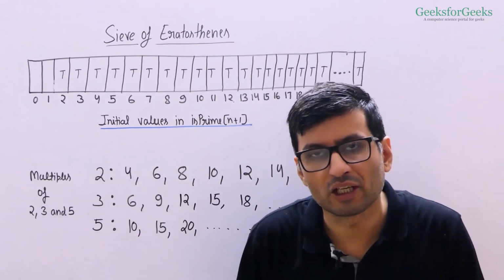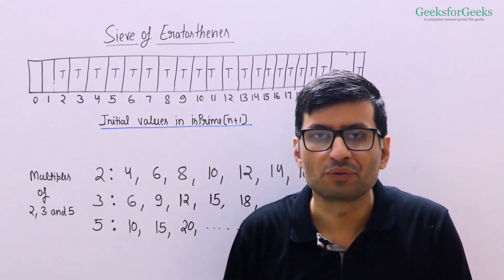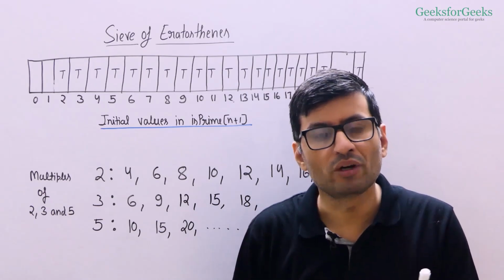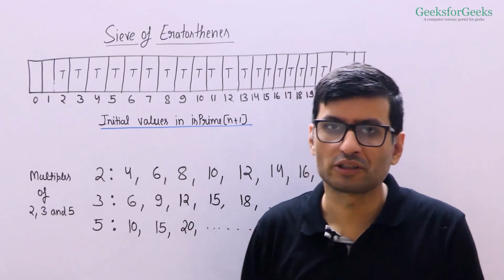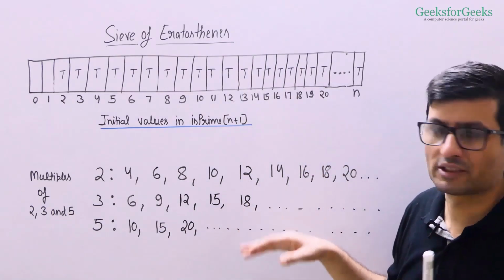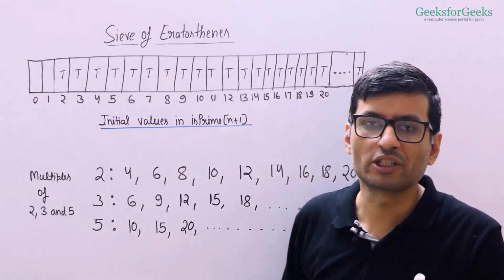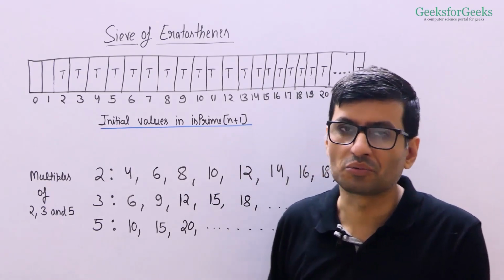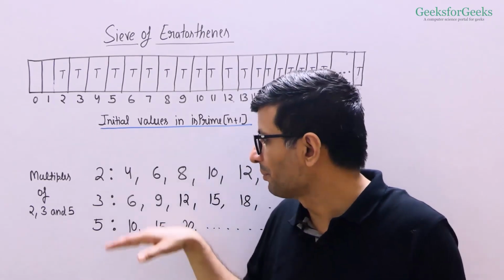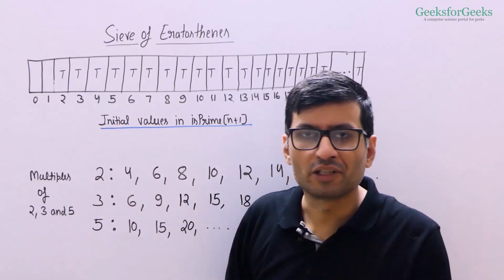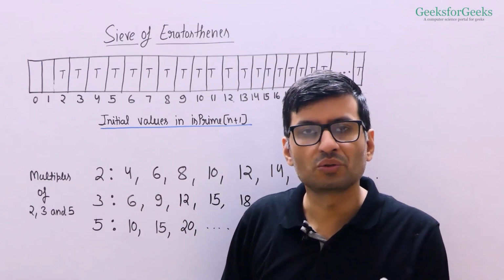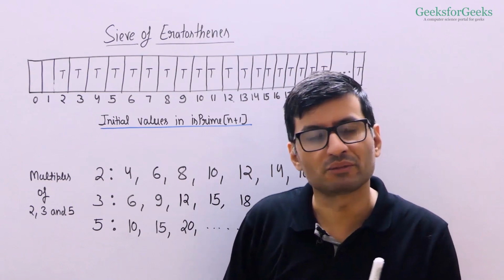So initially, we have marked all the numbers as prime, everything is true. And once we complete the algorithm, the entries which are primes are going to be true and everything else is going to become false. Let's see how this algorithm marks composites as false. It only keeps prime numbers as true. So what this algorithm does, it begins with 2, and for every number that you traverse, it goes through its multiples and marks them as false.